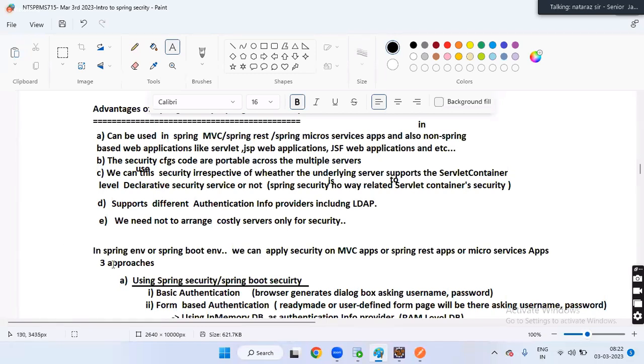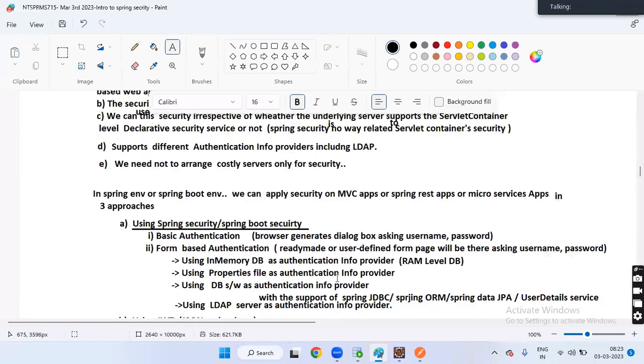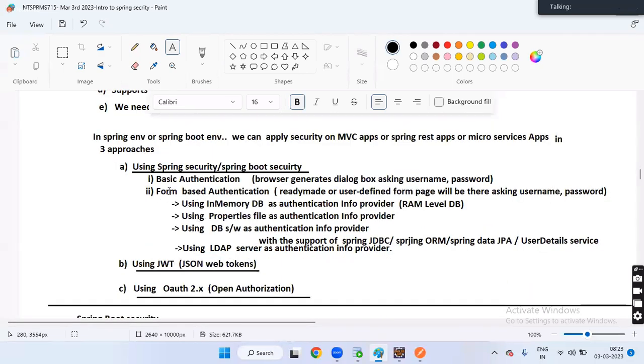Super guys. In Spring environment or Spring Boot environment, we can apply security on a web MVC application or REST application or microservice application in three approaches, using Spring security or Spring Boot security. Here we can use form authentication, basic authentication.